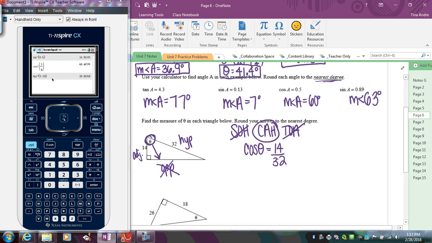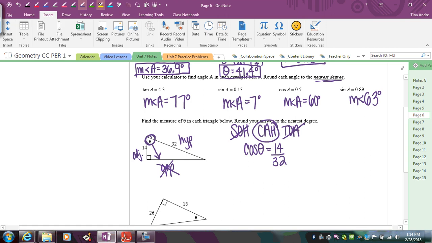So I want to solve this for the angle. Instead of putting this over 1 and cross multiplying, I wouldn't want to do that because I'm trying to get theta by itself. To get theta by itself, I just need to undo cosine, and in order to undo cosine, we take cos inverse of both sides. So theta is equal to cos inverse of 14 over 32. You type that in your calculator just like before: go to the trig button, go down to cos inverse, 14 divided by 32, and we get